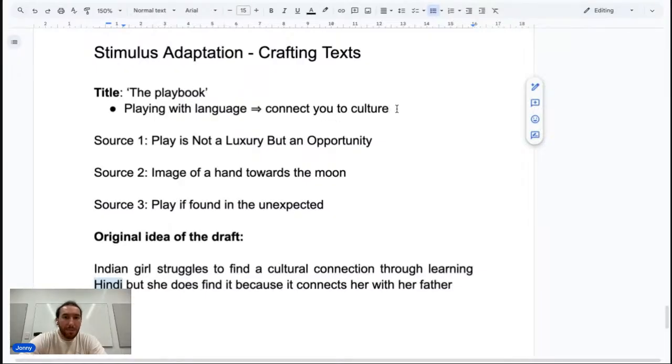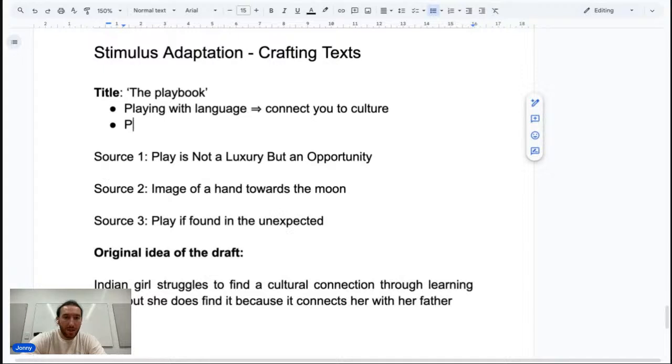I mean, the playbook could easily just be something you integrate here. Here's actually a unique take. So at first, it feels like the playbook is a textbook on how to speak Hindi or something like that, right? It's some kind of book that is teaching her the language.